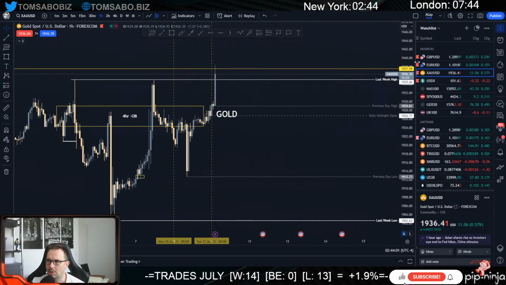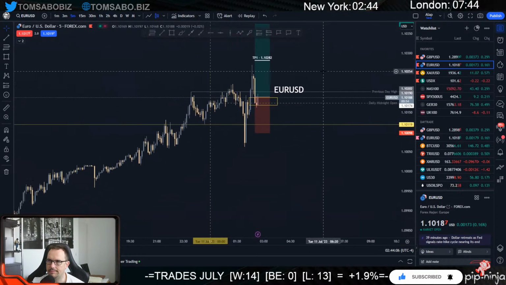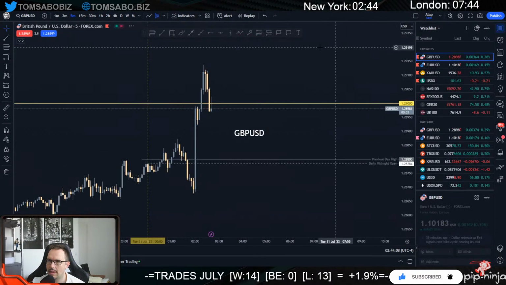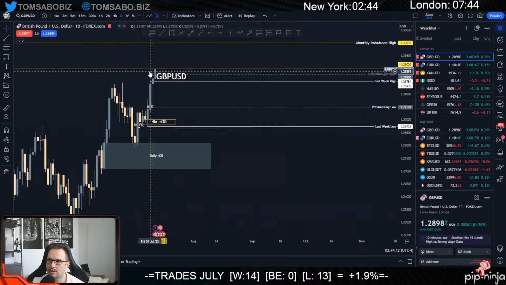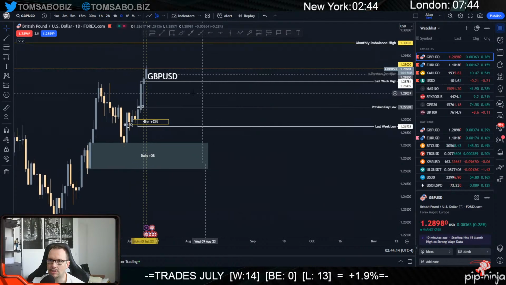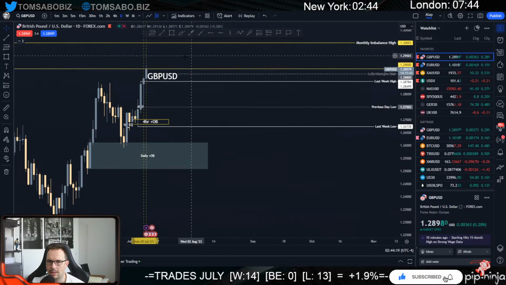So gold pushed higher. Our euro trade is still intact so far, and I'm still looking for some bullishness. So if we're overall bullish on pound because it took out last week's high, we're starting to close the tech